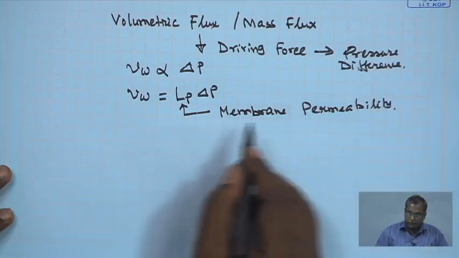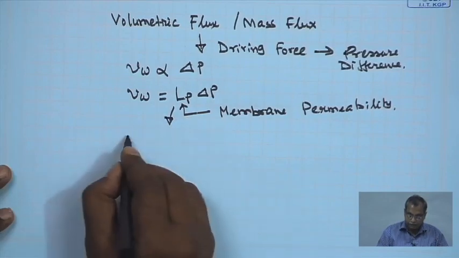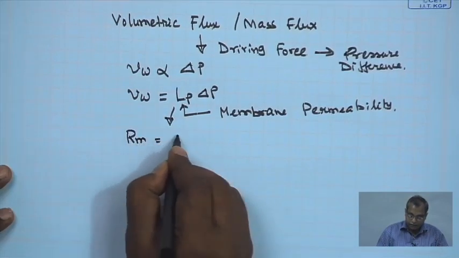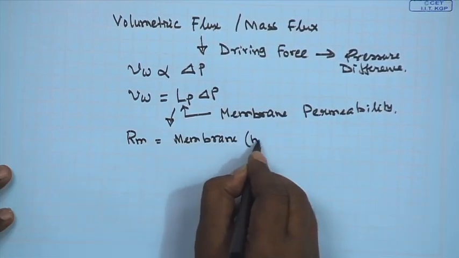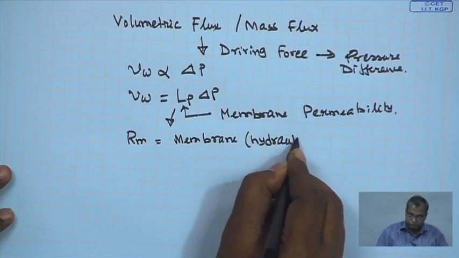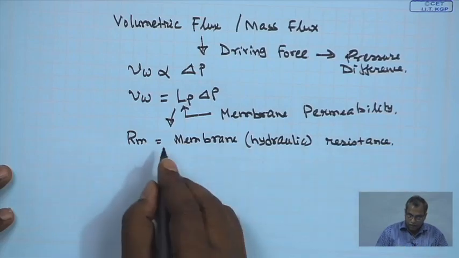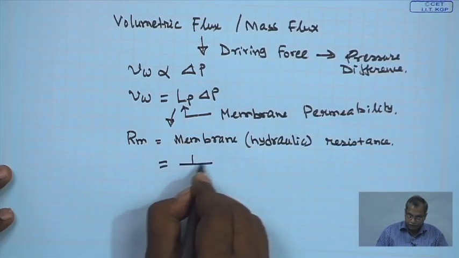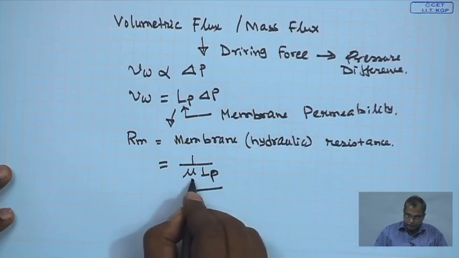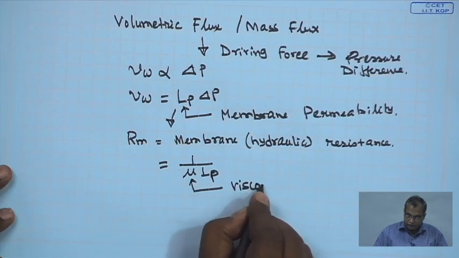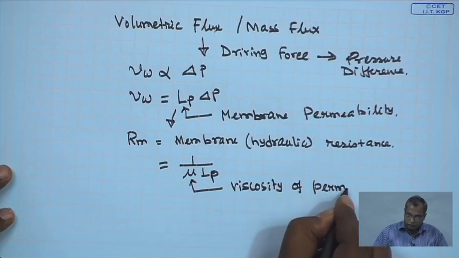Sometimes permeability is also related to the resistance of the membrane, the hydraulic resistance of the membrane. This is related to the membrane resistance, and it is inversely proportional to the membrane permeability, and mu is the dynamic viscosity of the permeating solution,